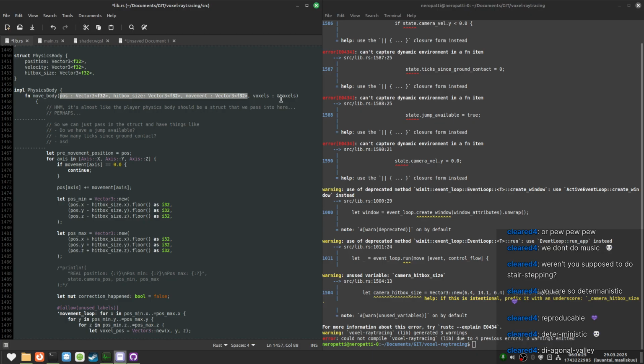Also, do we want to directly move the body or just provide a position? Ooh, I'm kind of thinking this should be different.